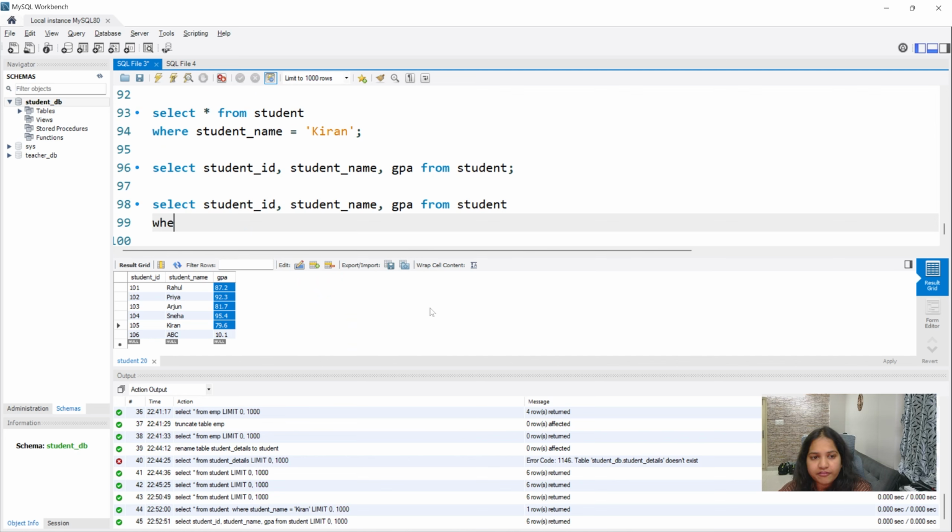On the next line, give where student underscore name equal to Kiran. If I run this, you will see student ID, student name and GPA. What does this tell me? If I want only a few columns, I can get only those columns for this particular name, Kiran. So these are the 2 important things that we have.